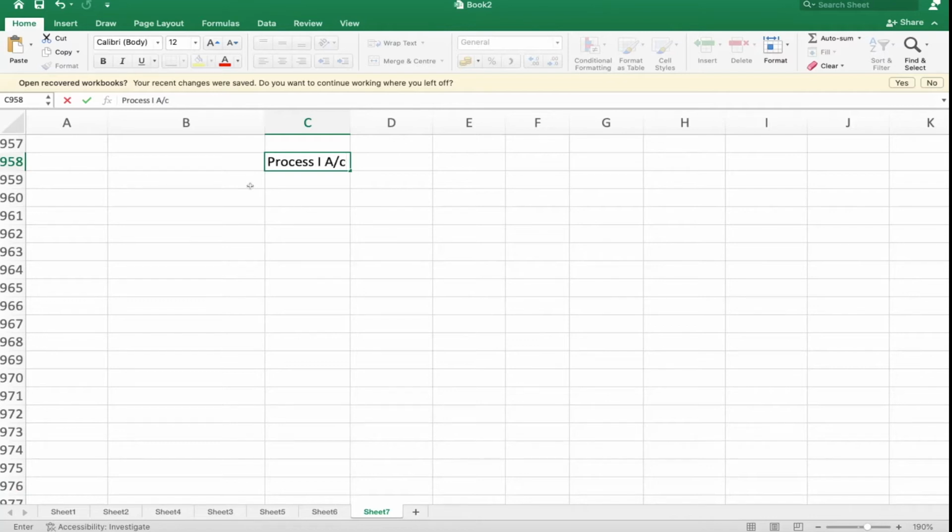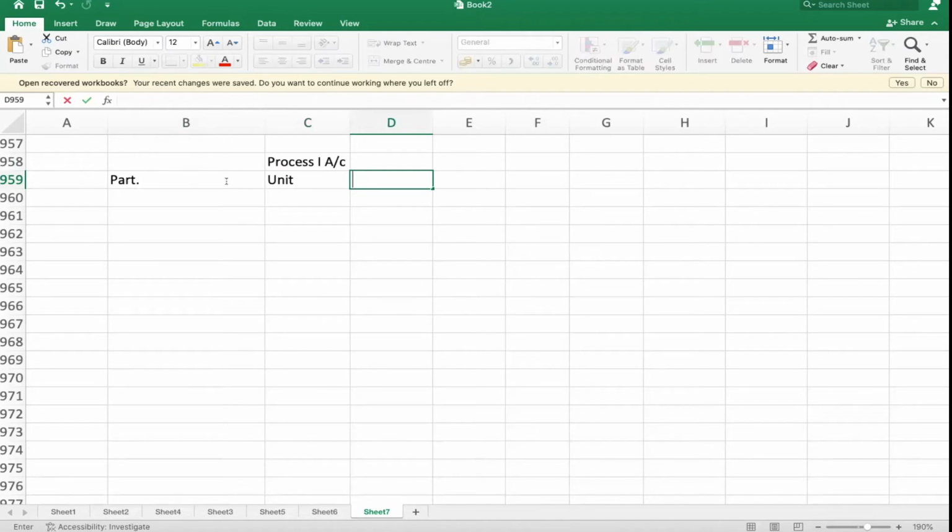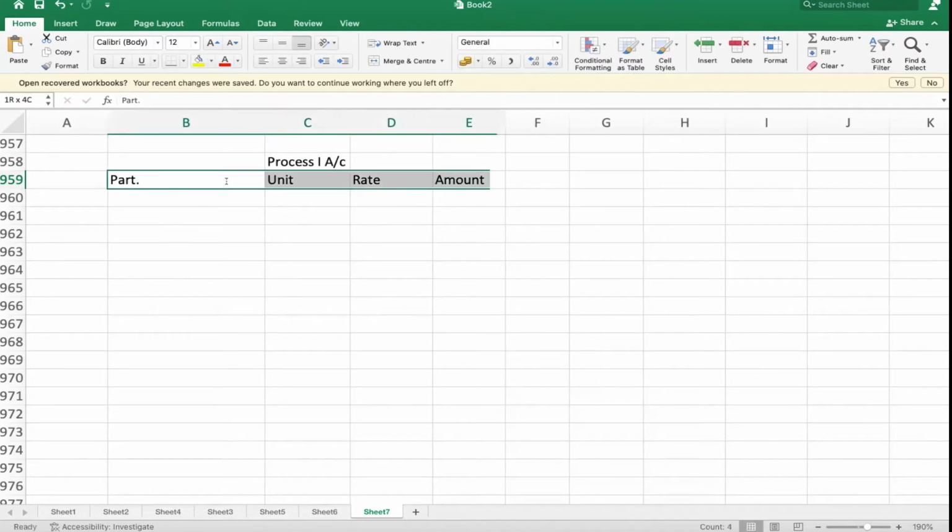Okay. It's a concept based one, and a format based one. For writing the format also, you carry marks. So, what is the format? Particulars, unit, rate, and amount. It's the format for the process account, the format prescribed by the ICAI.